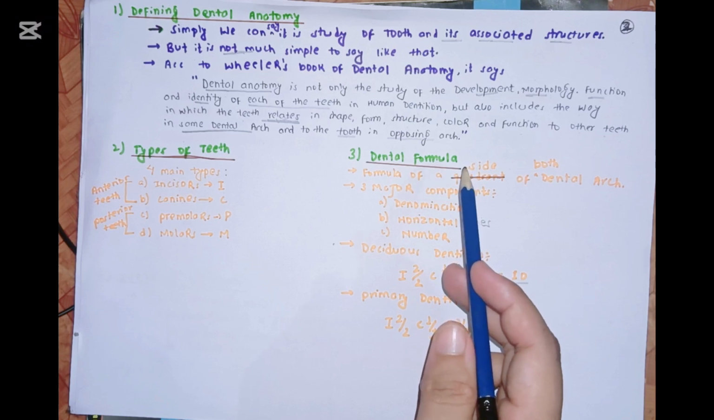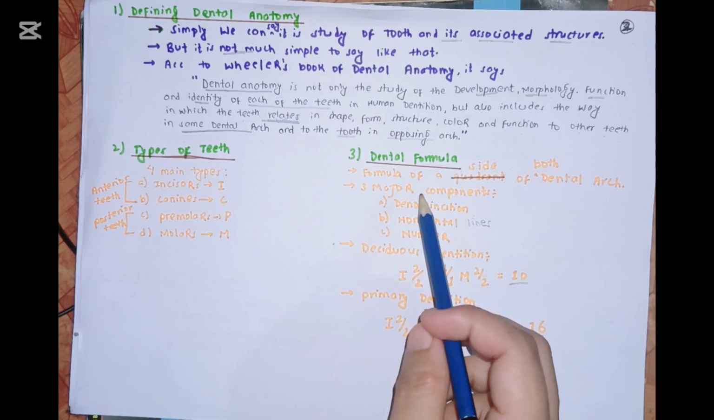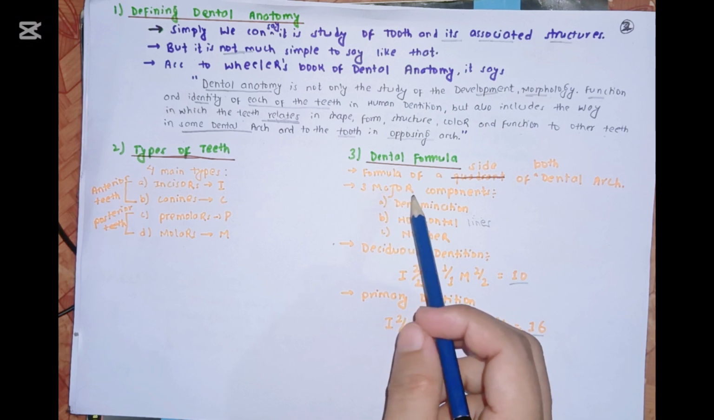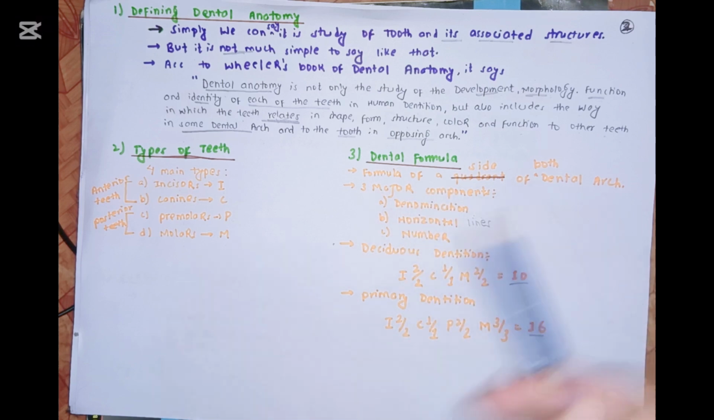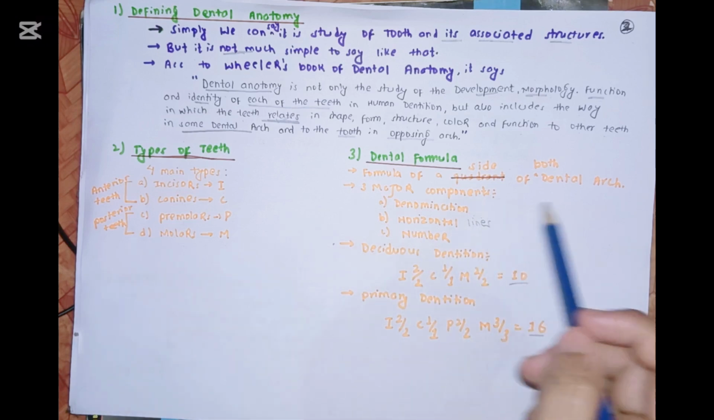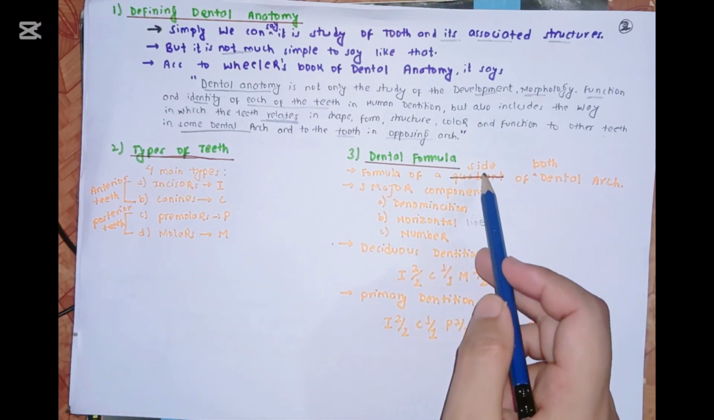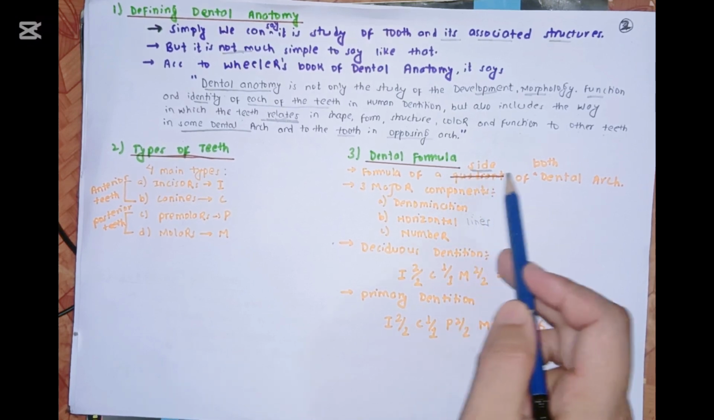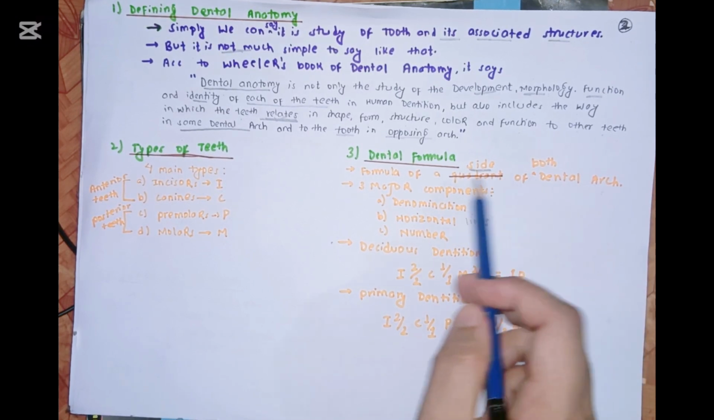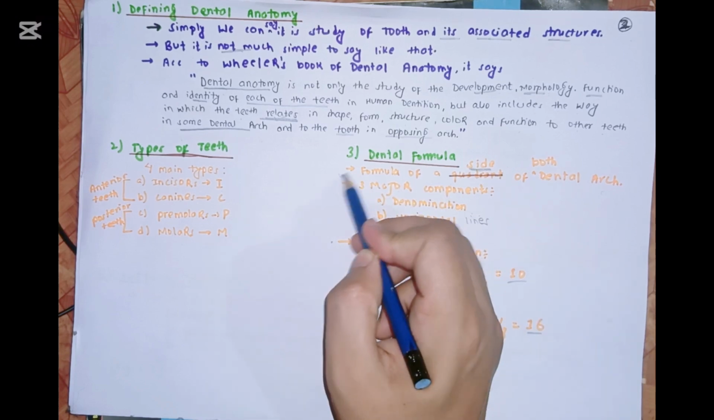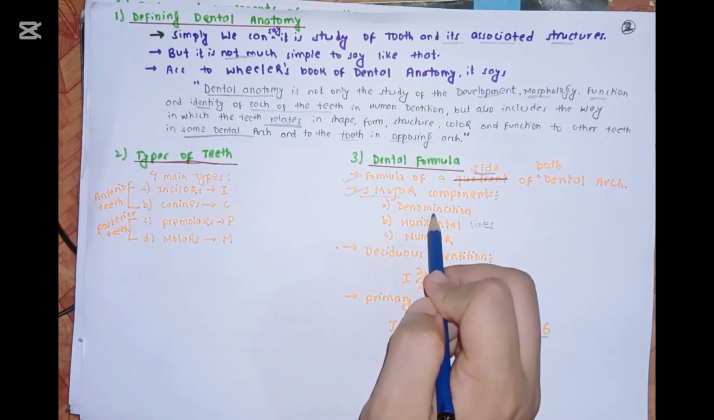In the dental formula, simply we can say that dental formula is a shorthand representation of the number and the types of the teeth. Okay, it is a formula of one side of both the dental arches. There are three major components. They are